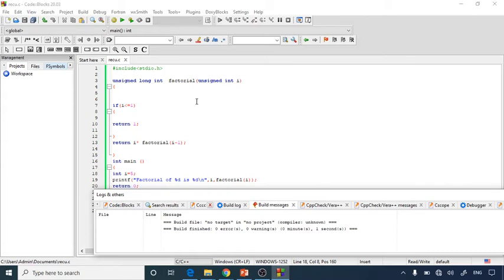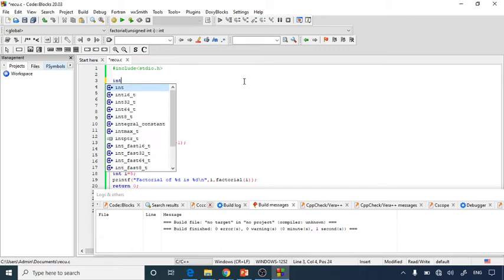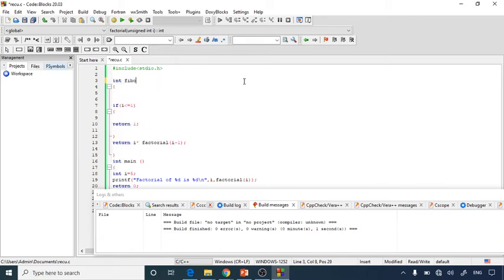Here we will have one more example. Let's find out a Fibonacci series also. So instead of this, I'm going to put my function as Fibonacci, with the same integer i, and then I'm putting the condition: if i equals 0, then you have to return 0.